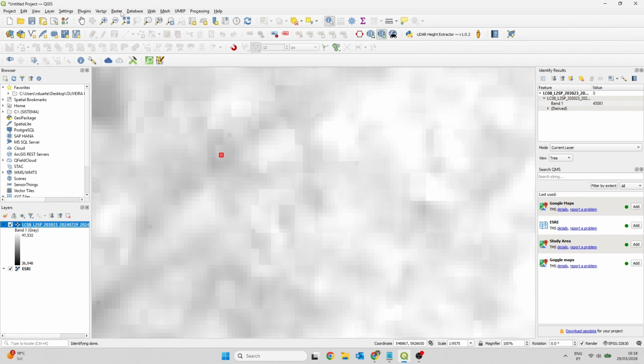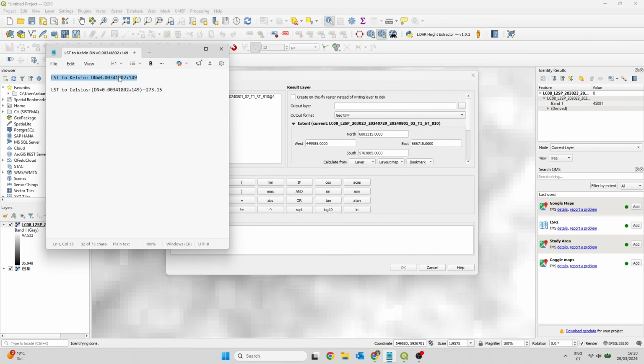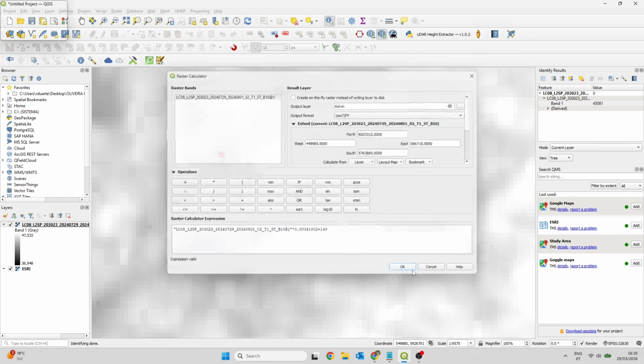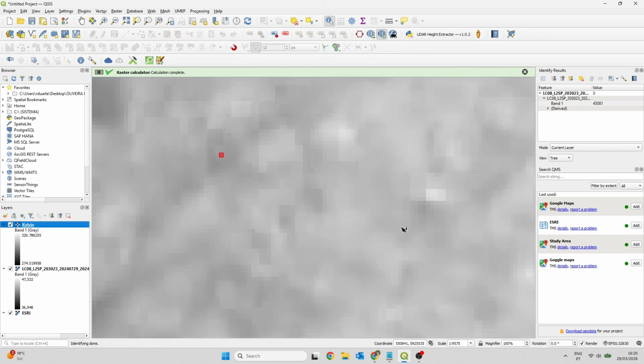Now let's go to the raster calculator. In the raster tools section, we'll copy this formula, which will also be available in the video description. Here we just need to replace digital number with the name of the layer we have above. Simply double click here to insert it. We also need to adjust a few symbols since some of these operators aren't valid in this context, but I'll make sure to provide the correct version of the formula in the video description.